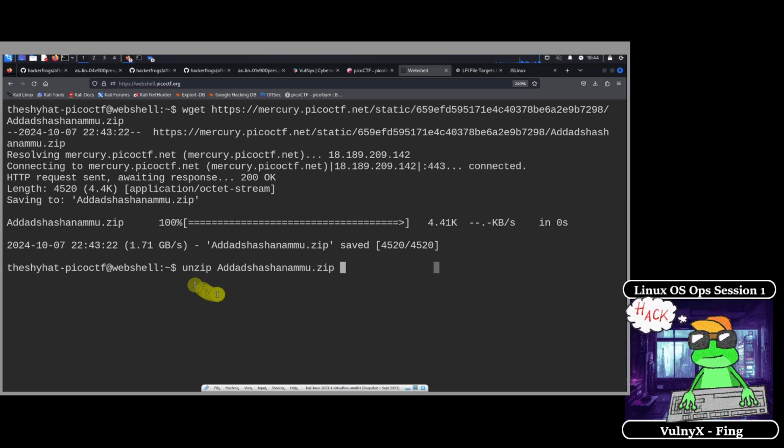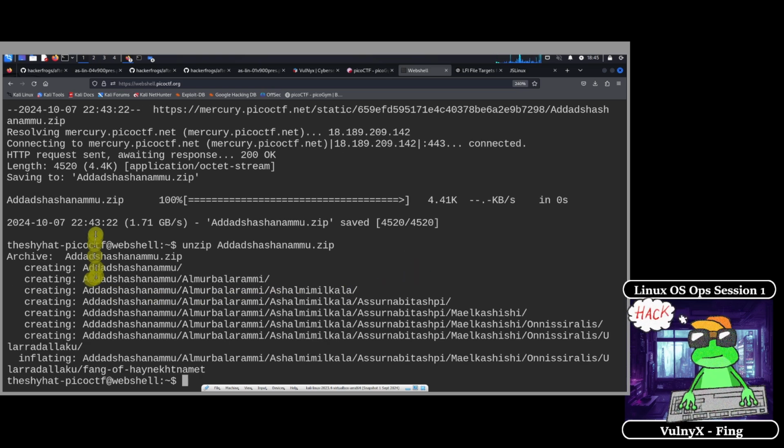Okay? So unzip, and then space, and then let me demonstrate it one more time. So type the first two letters, or maybe the first letter of the file name, and then hit the tab key, and it's going to autocomplete the name. Okay? Then hit enter, and a bunch of files are created after you unzip the file over here. So you don't need to worry too much about what exactly is being unzipped over here. So this is really a lot.